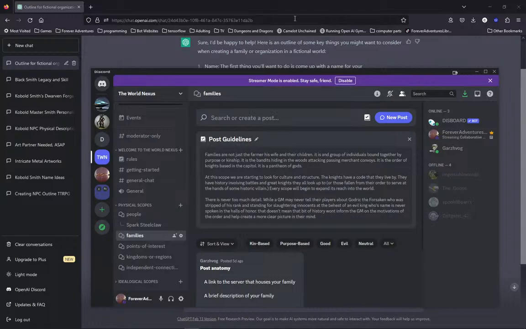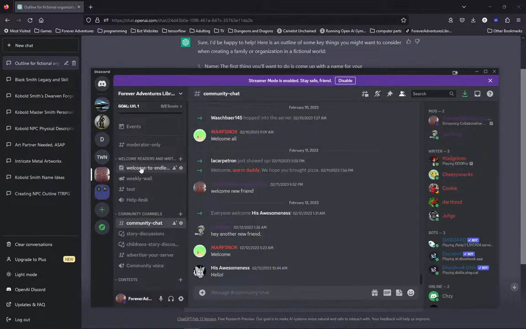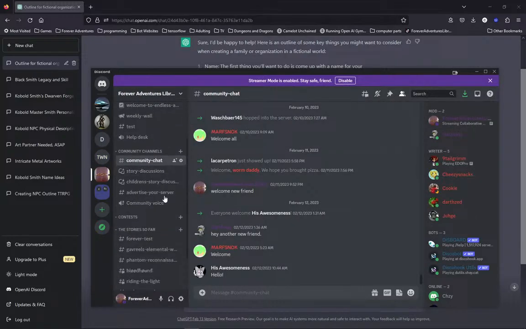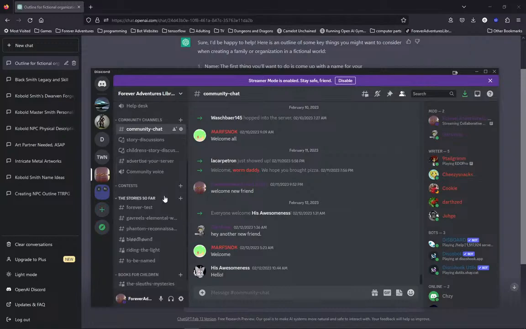First things first, we need to talk about the Forever Adventures Library, which is this project that we're doing where we're writing a series of never-ending choose-your-own-adventure books. And we're doing this communally or cooperatively. You come in and find a story that you think is interesting and you write.